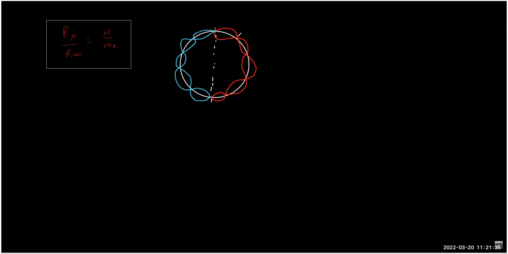So this is like a node, and we know between two successive nodes, the separation will be lambda by 2. So we can say that n lambda by 2 equals pi r, and therefore n lambda becomes 2 pi r,